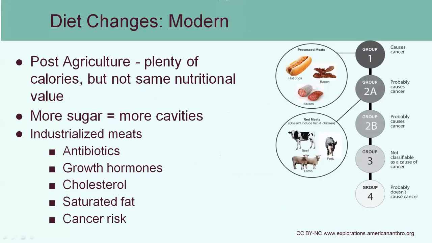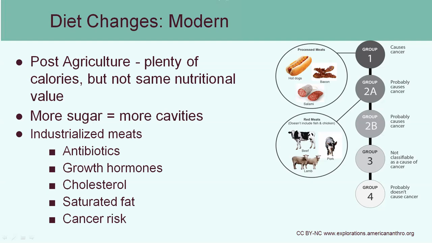After the agricultural revolution, which occurred around 10,000 years ago, there were some major changes in our diet. The good news is that we were getting plenty of calories. There wasn't as much risk of starvation because you were growing food. And so you knew that in a couple weeks or months, you would have plenty of these plant products to eat. You might be raising your own cattle or pigs, which you could later eat. So you weren't as worried about the source of your food.